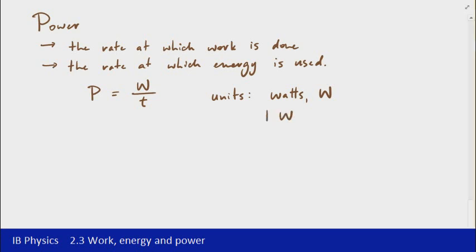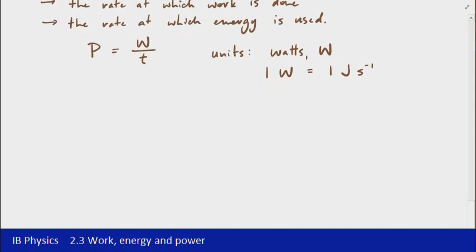If you look at the equation on the left hand side, it's not hard to see that 1 watt is the equivalent of 1 joule per second, and that again ties in the rate at which work is done. So the number of joules per second is the amount of power, or the number of watts that are being done. If we take this a step further though,